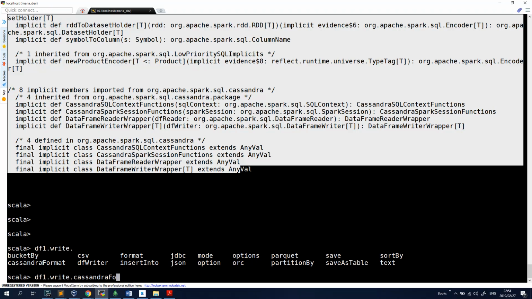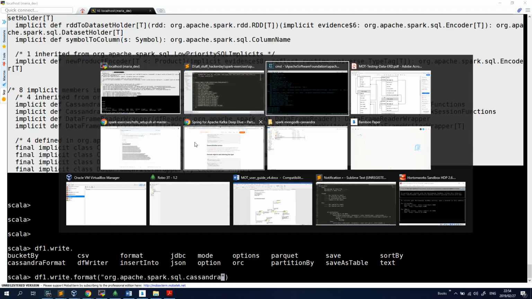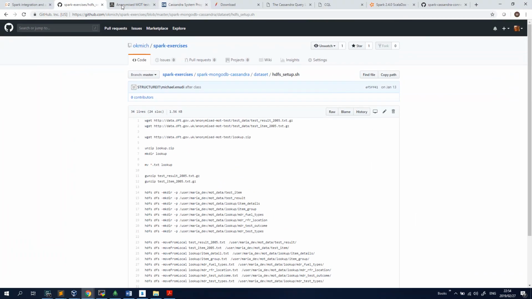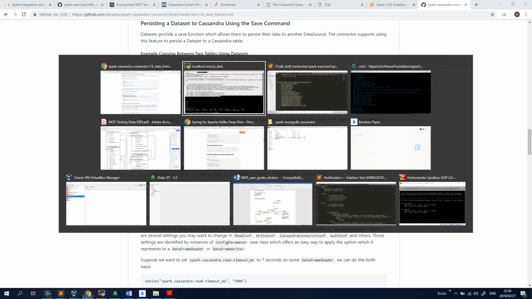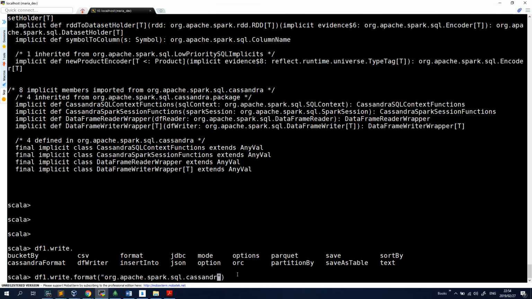Cassandra format is another way of using the format keyword, right? Then you say org.apache.spark.sql.cassandra. I think I'm right. Let me confirm that. Spark. I'm right. But this is kind of long, and since I already have the implicit, it does it for me, right? They're the same thing. Then I would say Cassandra format. Then I would say save,